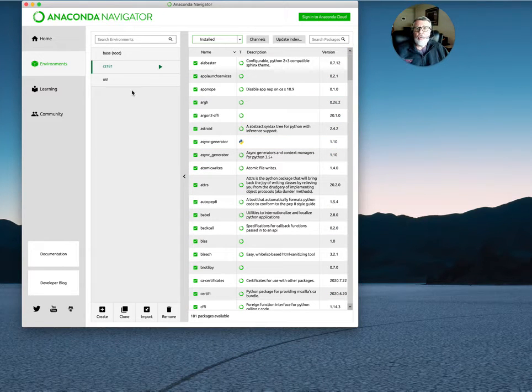All right, once we have that, I'm still selected on CS181. I'm going to click on this right-hand arrow, and it's going to show me that it can open up a terminal window that is within this environment. Because we still have the step of the IPython SQL that we have to use the pip command to install. So I'm going to open a terminal,